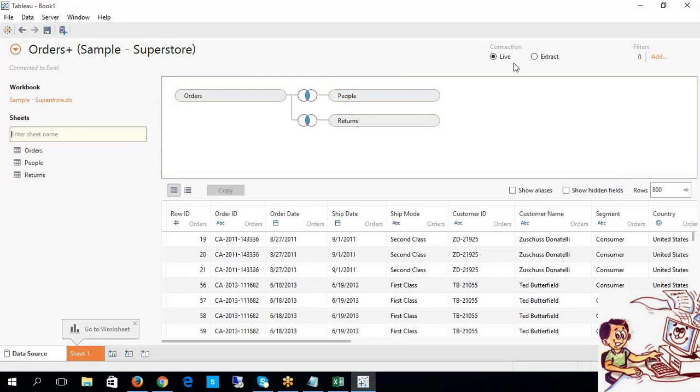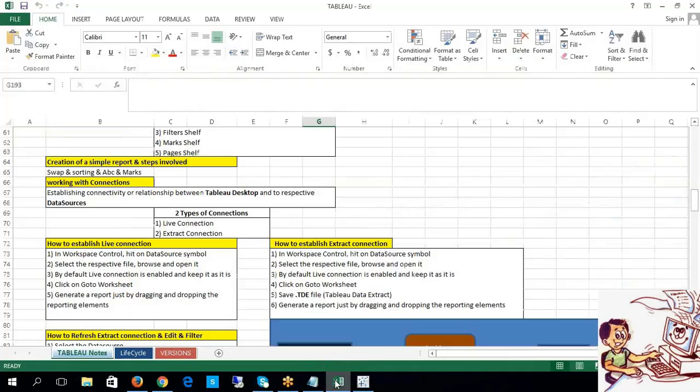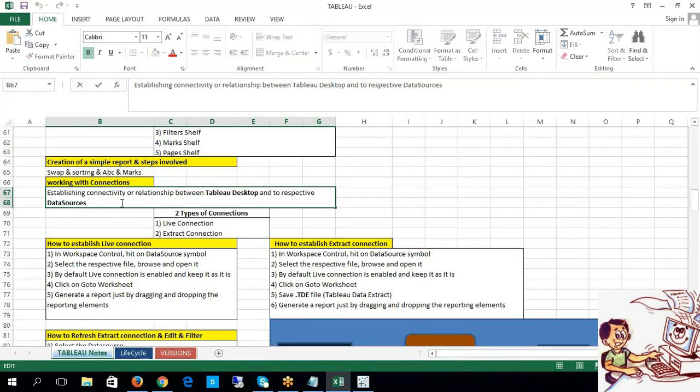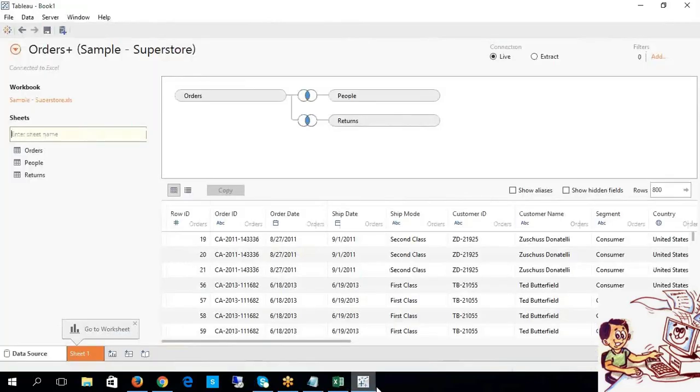So what is the purpose of a connection? That is the first thing, right? Obviously the connection is used to interact with the respective data sources through your Tableau Desktop. So this is our Tableau Desktop application. But how can we interact with the respective sources? It could be any type of source. It could be Excel, or CSV, or a text file, it could be the SAP HANA platform, or Hadoop, or Microsoft Access, or HP Vertica, whatnot.